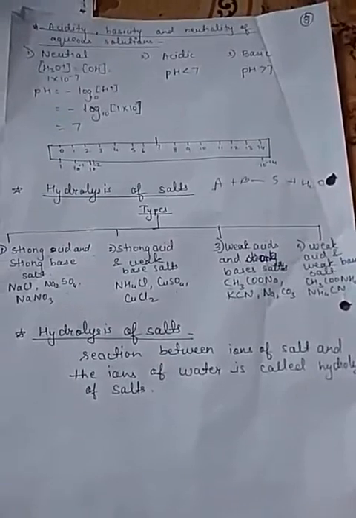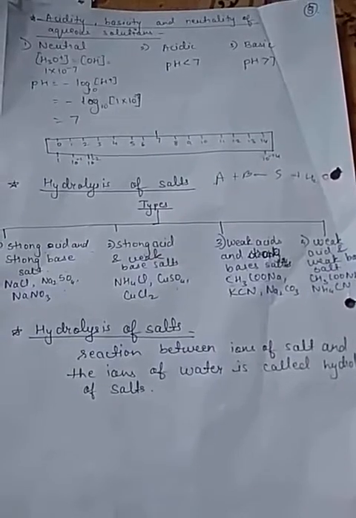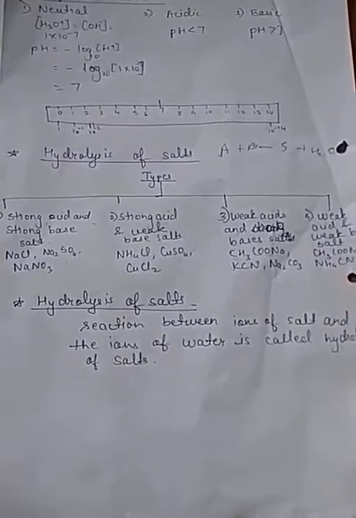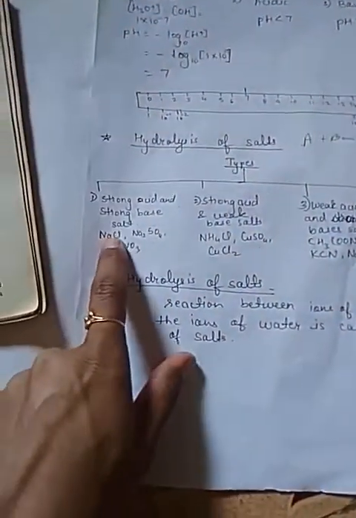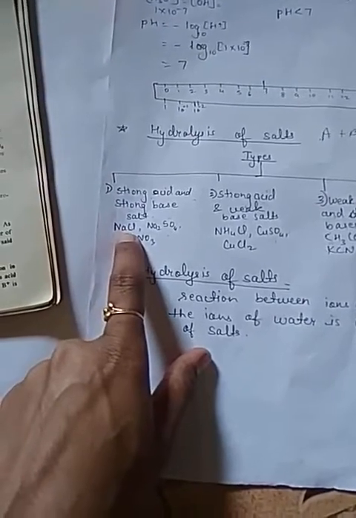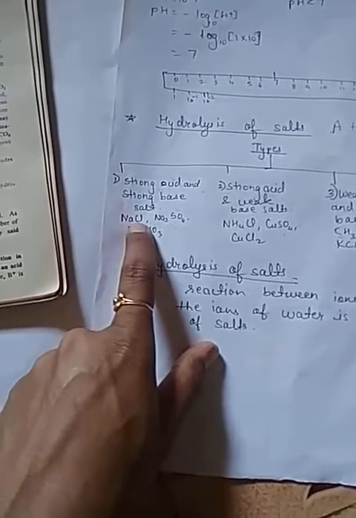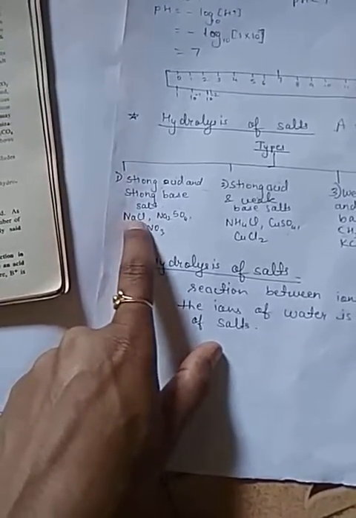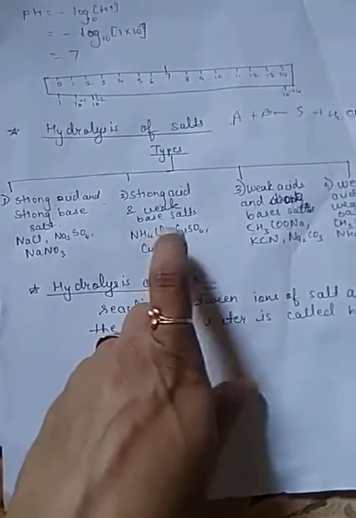So by combination of an acid and a base, a salt is produced. Therefore, the salts are grouped into 4 different types, like salt of strong acid, strong base, salt of weak acid and strong acid, weak base, salt of weak acid, strong base, and salt of weak acid and weak base. So these are different types of salt. Like NaCl, it is formed from NaOH, that is a strong base, and HCl, that is strong acid. So when NaOH and HCl combine, they give a salt NaCl, which is a salt of strong acid, strong base. But here if you see ammonium hydroxide, NH4OH is weak base and HCl is weak acid.